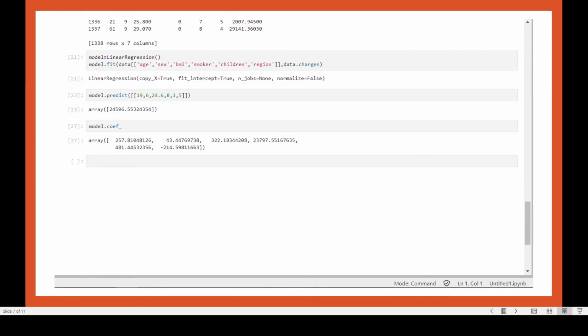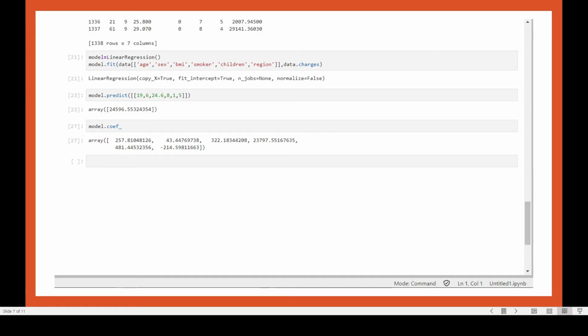Now I made a variable model and called the linear regression function on it, and then I fit it with the data: age, sex, BMI, smoker, children, region, which will be the input data, and the output data will be the insurance charges.